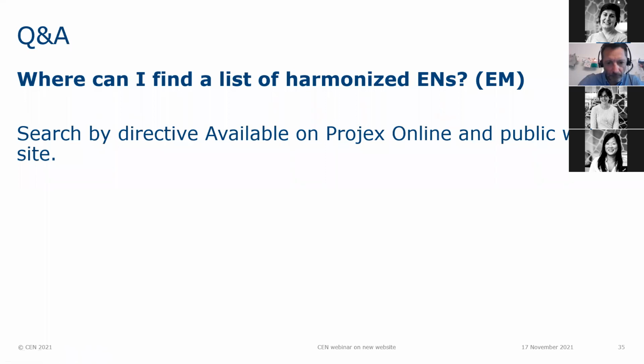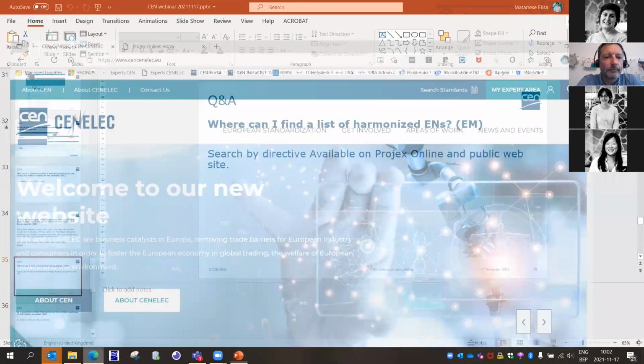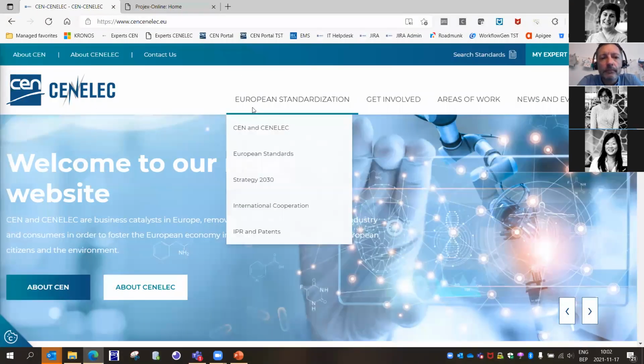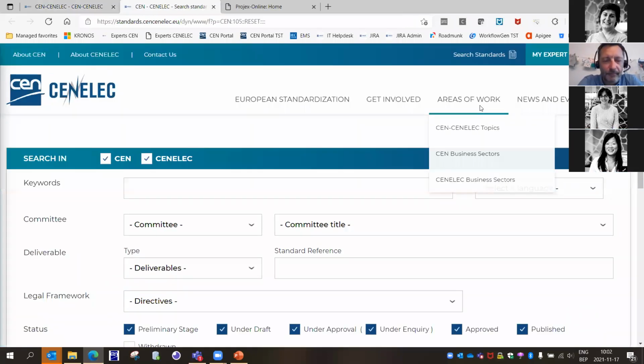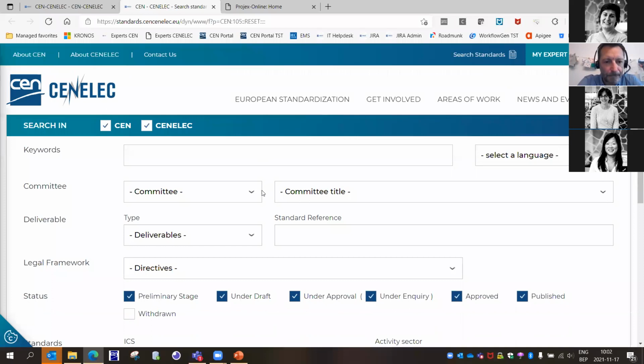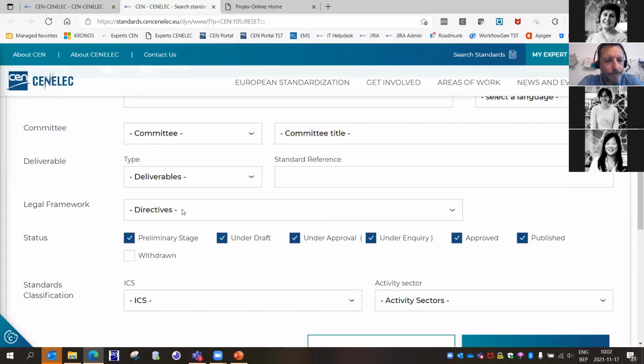Where can I find a list of harmonized ENs? On projects online, but also on the public website, you can search by directive. I will go live to show you how to do it. If you go to this public website and click on search standards, we have here a field directive.